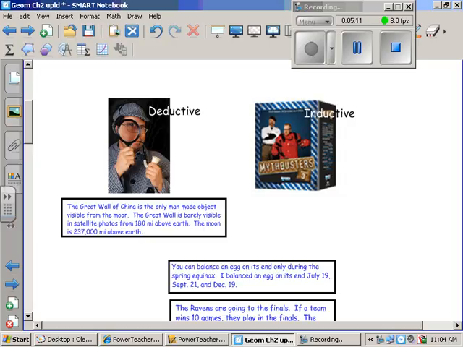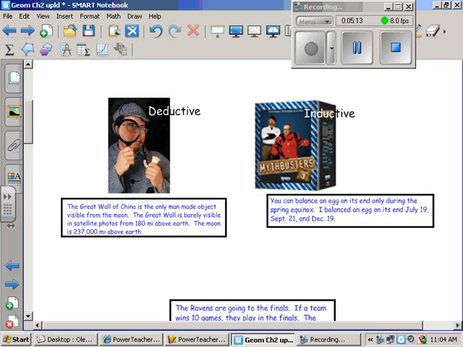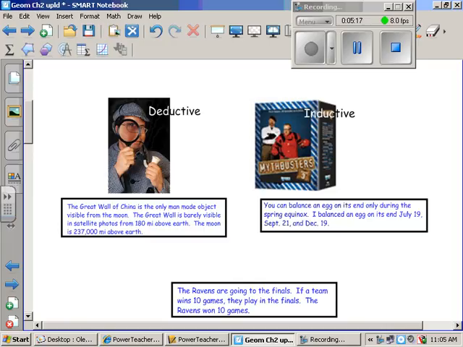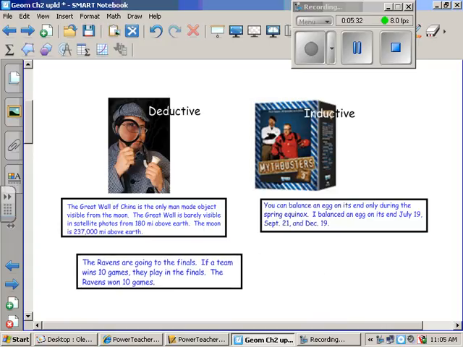Yeah, because you tried it. You're basing it on something you did. Good. Okay? The Ravens are going to the finals. If a team wins 10 games, they play in the finals. The Ravens won 10 games. So is that conjecture based on inductive or deductive? Deductive. Good. Based on facts. Just if you win 10 games, you get to go to the finals. They won 10 games. All right, and the last one,